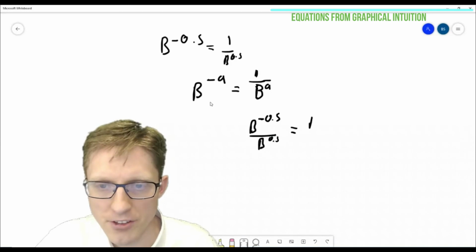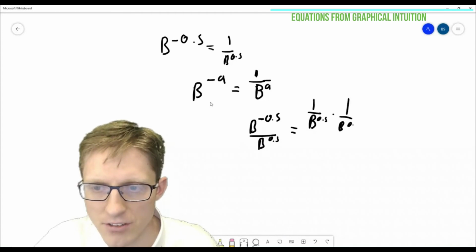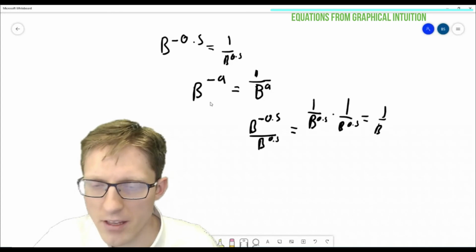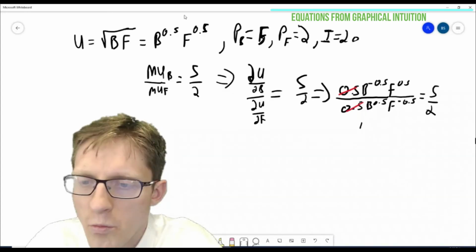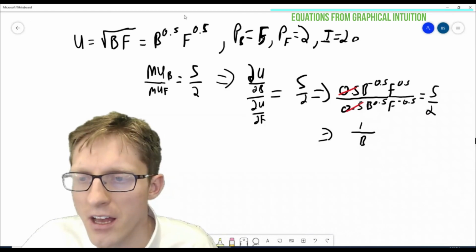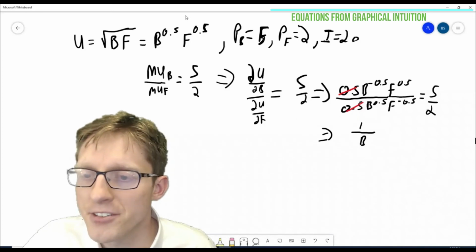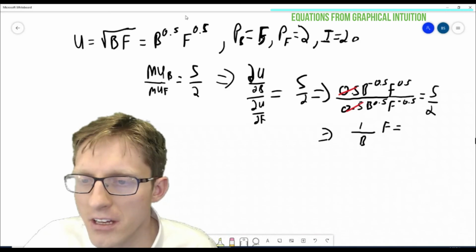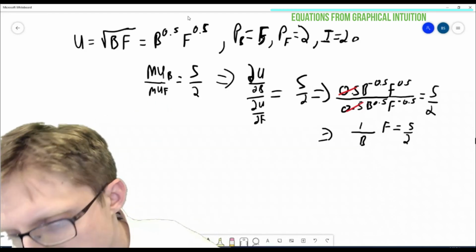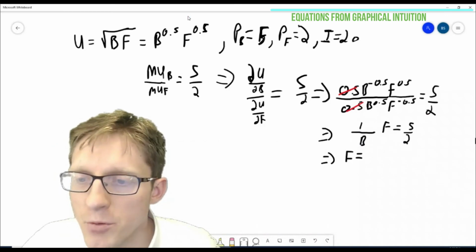That's just equivalent to 1 over B to the 0.5 times 1 over B to the 0.5, which is just equal to 1 over B. Okay, so let's put that in. 1 over B. And F to the 0.5 over F to the minus 0.5 is similarly just equal to F. And again, that's equal to 5 over 2. Okay, so we can then just solve this a little bit further and get that F is equal to 5/2